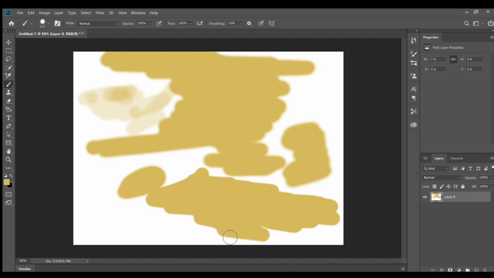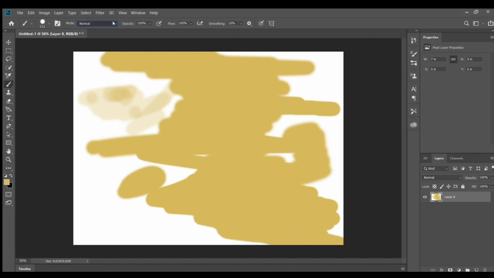Here is the mode, you can use the mode. By default it is in the normal mode. After that you can use it in dissolve mode, behind mode, clear mode, darken. अगर मैंने darken select किया तो see, if I am selecting color burn, see.